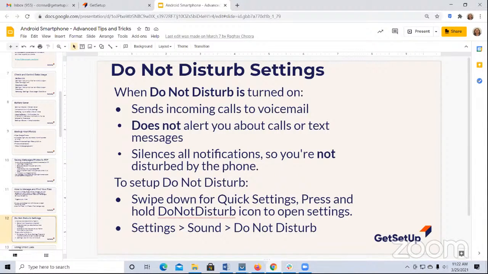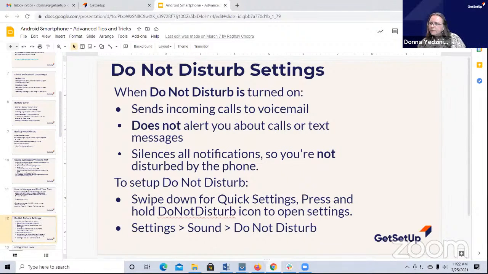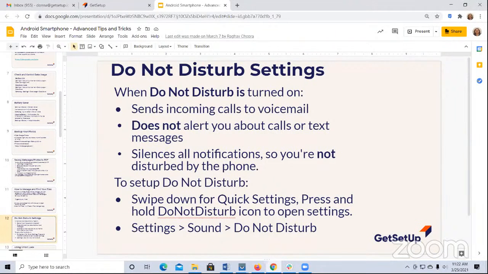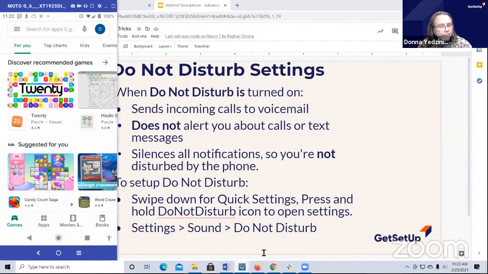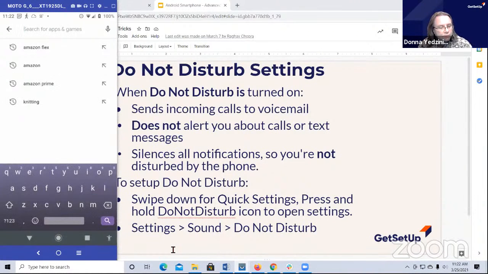No. I'm wondering if you don't have a PDF viewer. What kind of phone do you have? The Moto Z3. Motorola Z3. It might just be that possibly the PDF viewer is not on that phone, which is okay. Maybe you're not going to do any PDFs, but you can always get a PDF viewer. Just go to the Play Store. Let me see if I can find one. If I come in here and search PDF viewer,